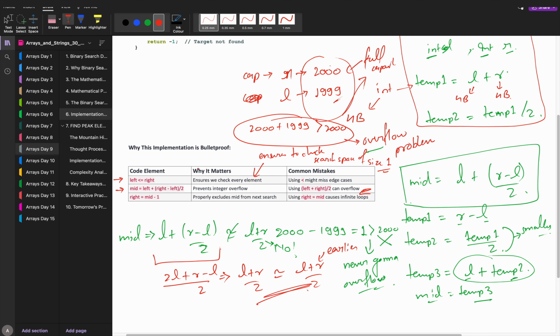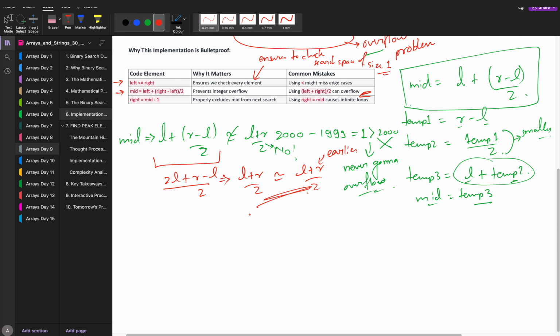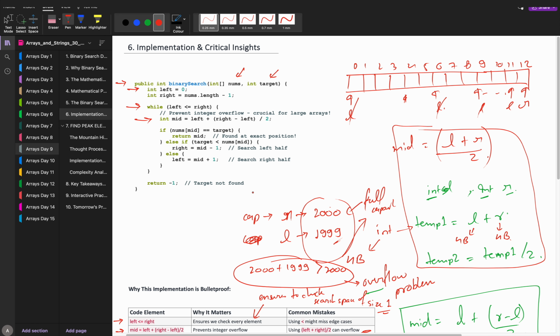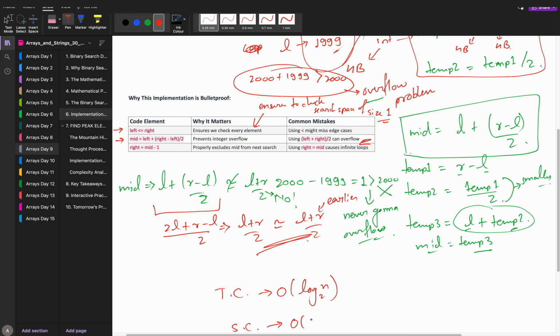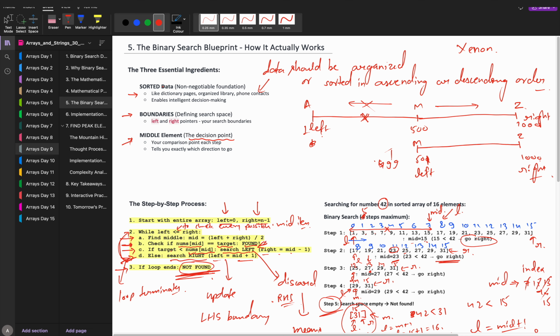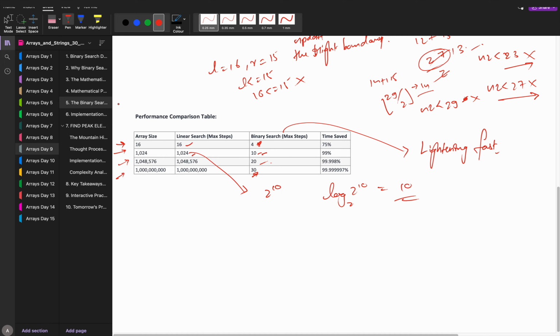So we already know about the time complexity. We derived it. Let me reiterate. Time complexity would be big O of log of n to the base 2. How much will the space complexity be? As you know, we have not used any further data structure which takes space of the order of the size of the input, right? That is not happening. That's why we have used only a few variables. That's why order of 1, constant space, is coming. Okay, that's the beauty of binary search. But the only condition is the data should be sorted, right? It works on sorted data. Okay, I hope this is clear to you all.